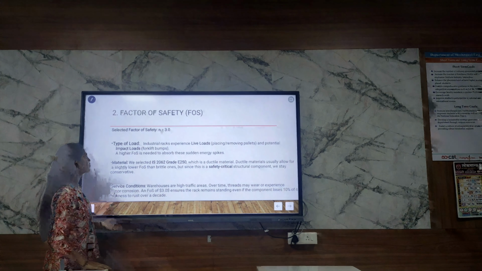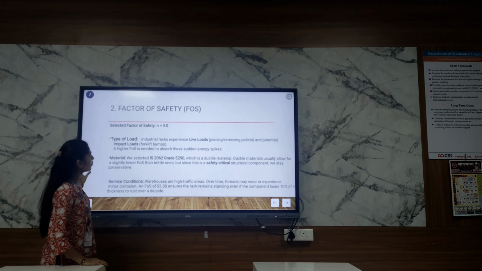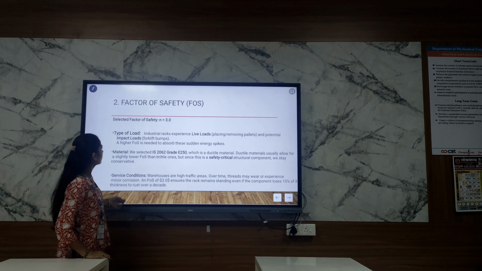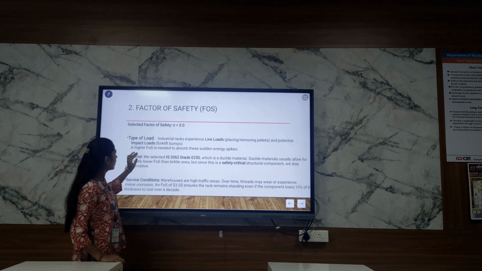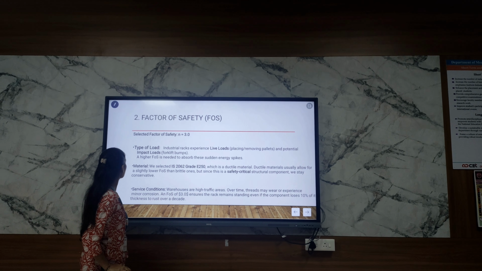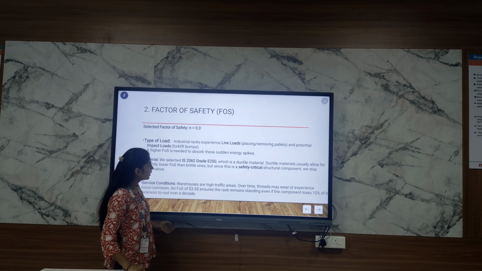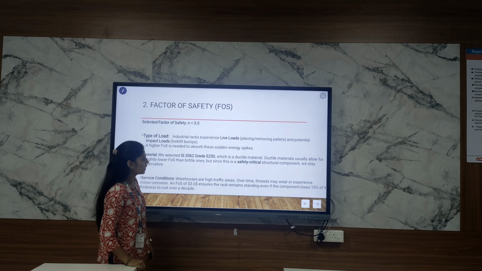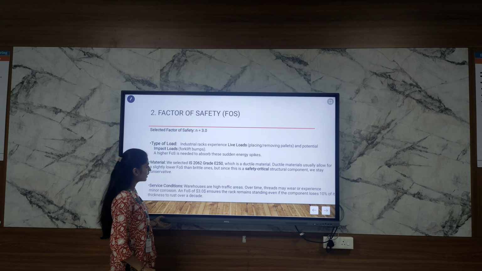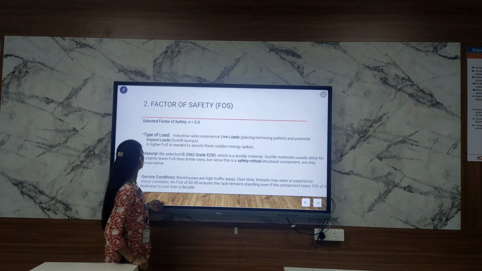The next point is factor of safety. Selected factor of safety is 3.0. Type of load: industrial racks experience live loads and impact load. A higher factor of safety is needed to absorb these sudden energy swings. Material: we selected IS 2062 grade E250, which is a ductile material. Ductile material usually allows for slightly lower factor of safety than brittle ones, but since it is a safety critical structural component, we say